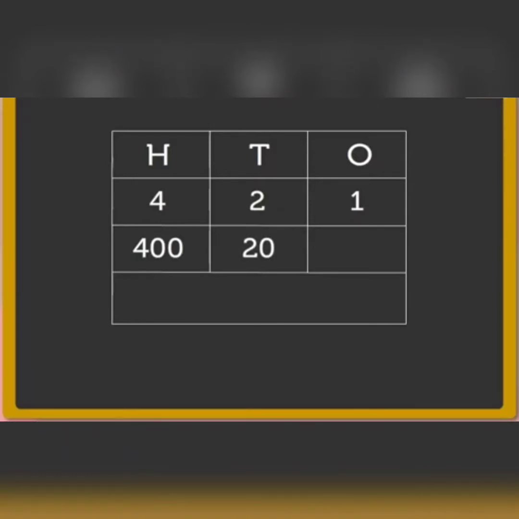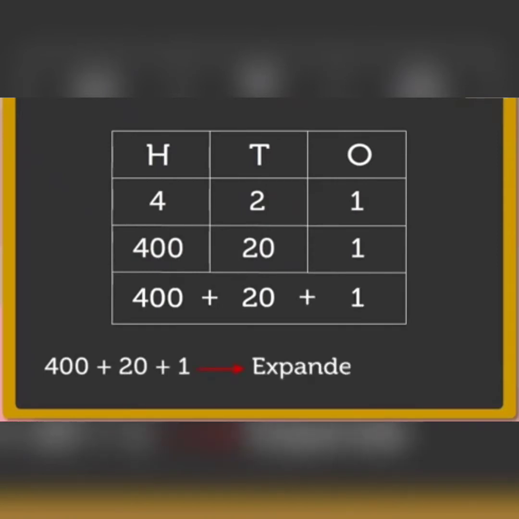And the place value of digit 1 is equal to 1 into 1 equal to 1. Let us write this number as the sum of the place value of its digits. Thus, we get 400 plus 20 plus 1, which is the expanded form of the number